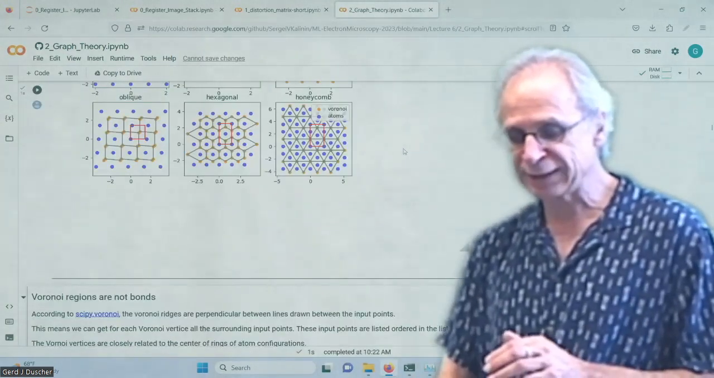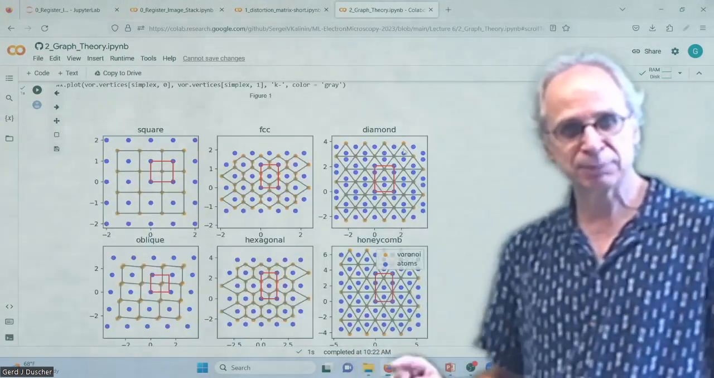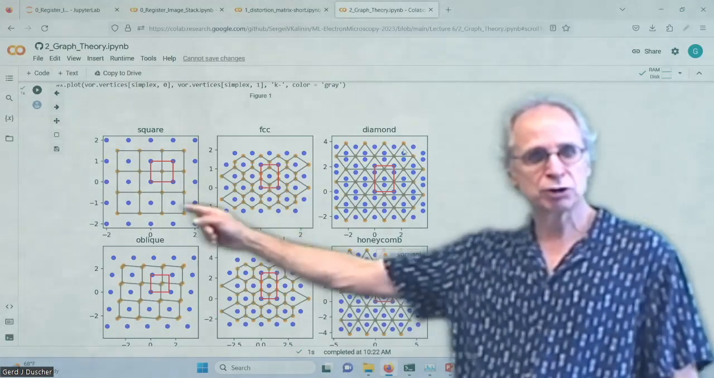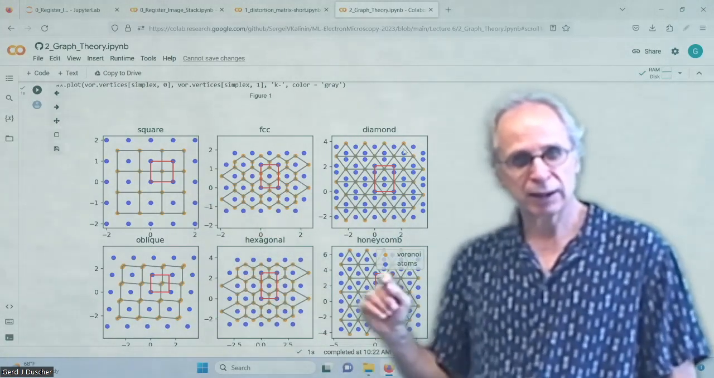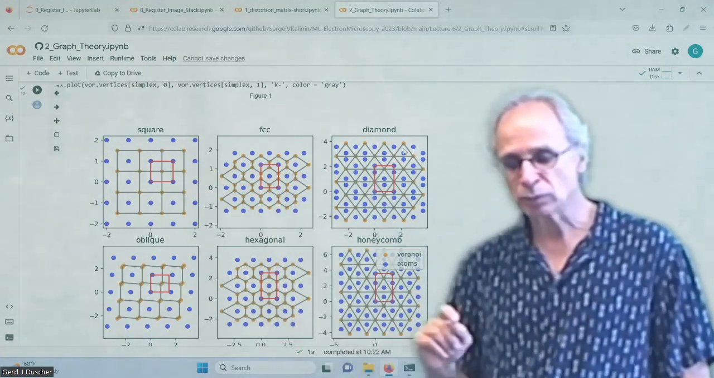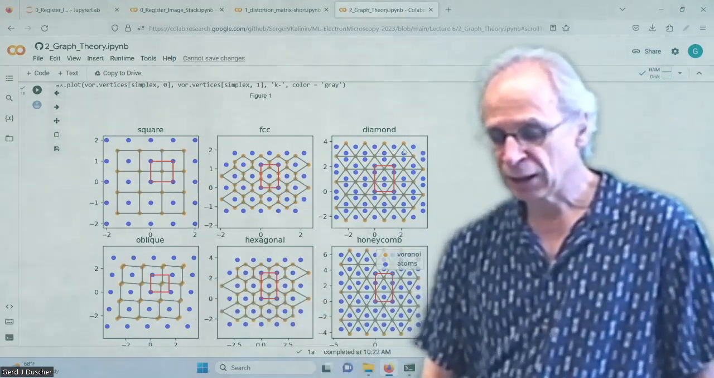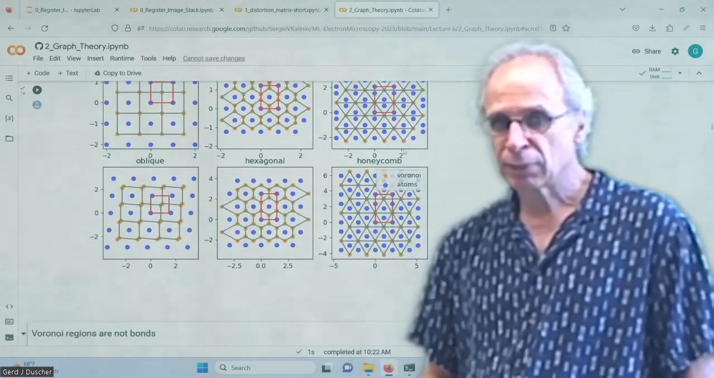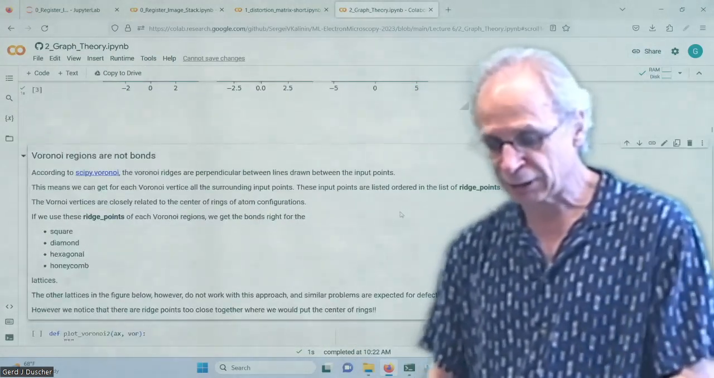And they look like this. These are our different Bravais lattices, right? So square, FCC, and so on. And here are the unit cells in here. This one is sheared. And to determine that is a little bit more tricky than it looks, actually,